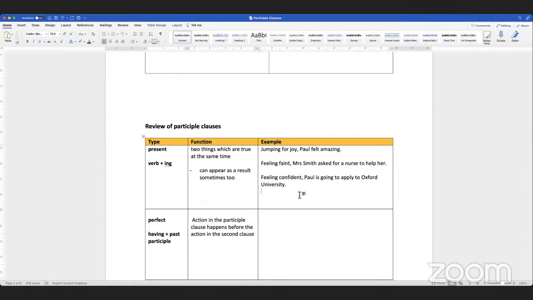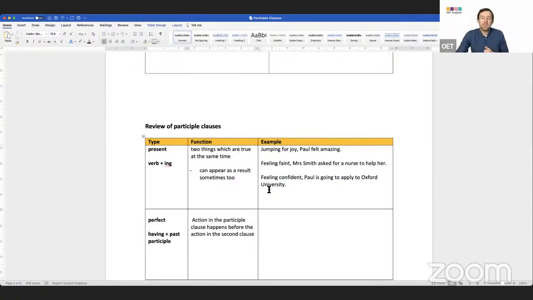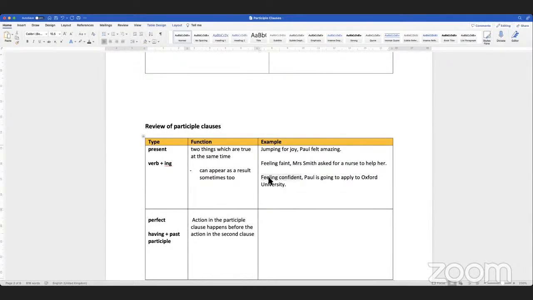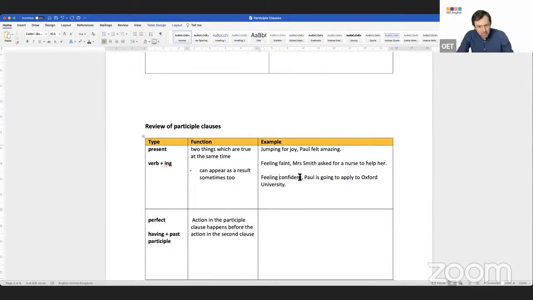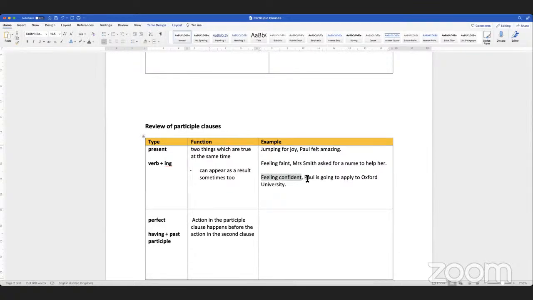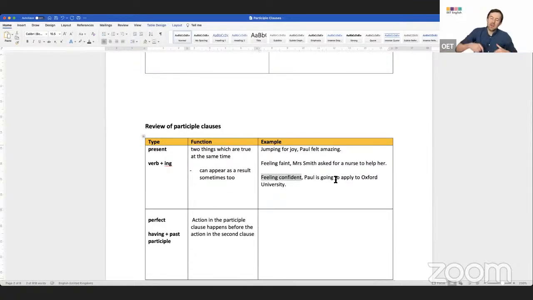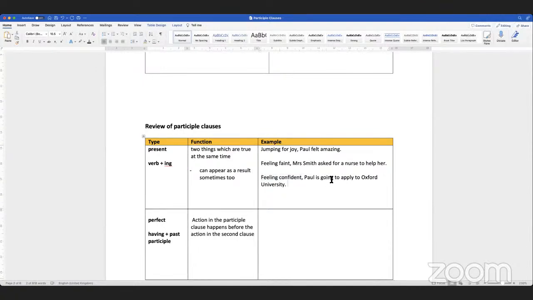Oxford. I'm planning, aren't I? I'm thinking, yes. I'm thinking, I'm planning. Okay. Thinking. So what I'm trying to say is that this thing is happening, and something else is happening. Is going to, that means right now. Plan. Yeah, you planned. So it's, I could put Paul is thinking